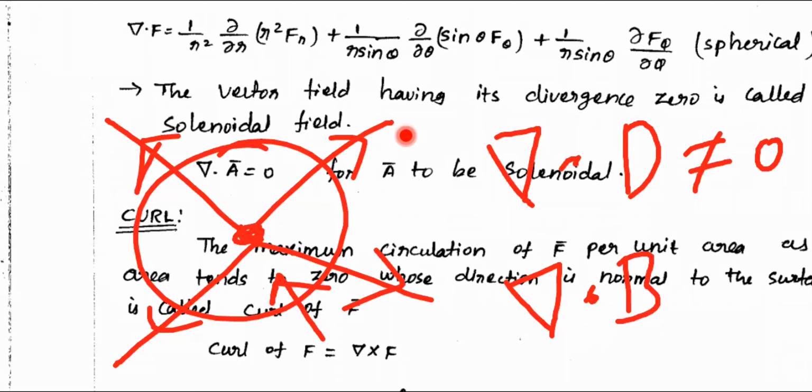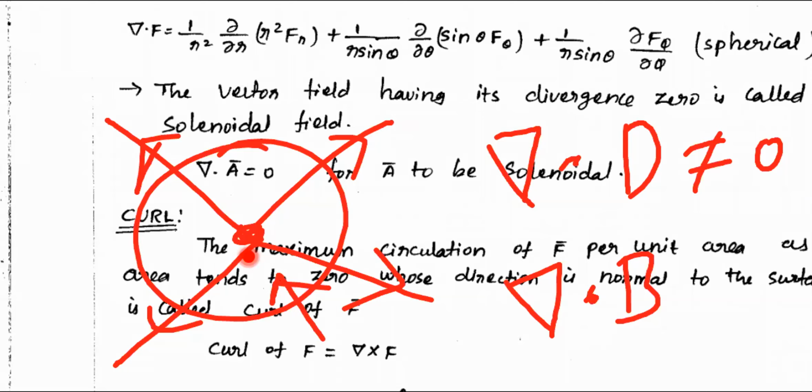But what is the idea? Once if you put the charge here, definitely there will be electric flux going outside. If it is a positive charge, or if it is a negative charge, the electric flux will be coming inside. Effectively you will have an electric flux either going outside or coming inside. That is the idea of this del dot. So that's why I'm not putting not equal to 0.